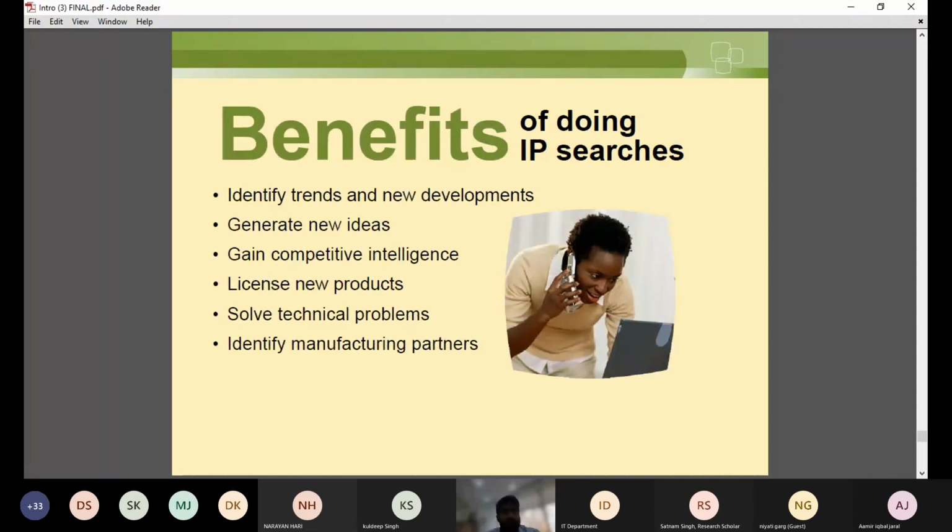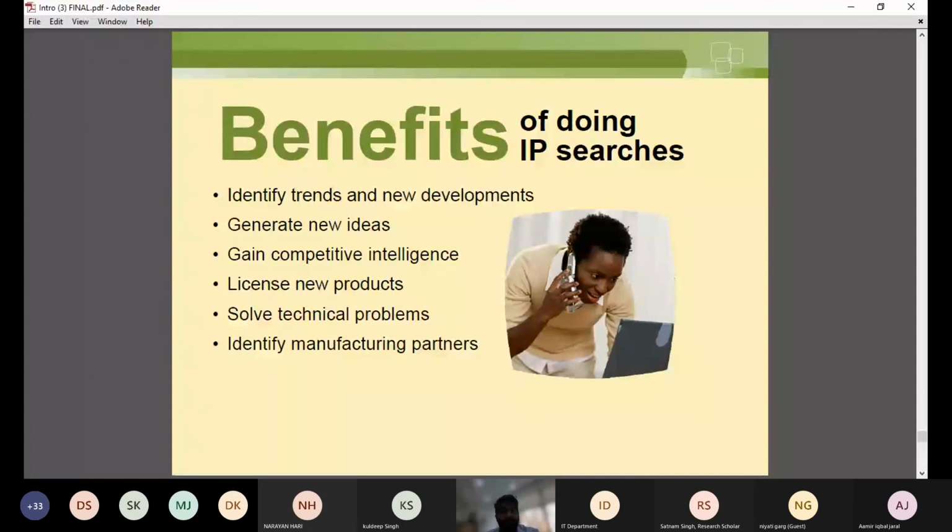Now, this is a basic benefit of doing an IP search. What is the benefit? If you have invented some technology, it is very necessary to know that you are not reinventing the wheel, or wasting your time in developing something which has already been developed. Because it has happened with many inventors, even from IITs or different companies, that they spend years and years doing research and developing a particular technology, and when they finally come to apply for a patent, they get to know that a similar technology has already been protected or secured by so and so person in a different country, right? So to prevent the complete wastage of time and money, it is very important to perform a basic IP search.